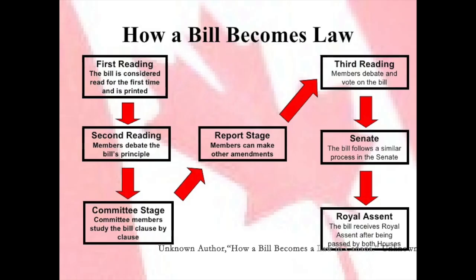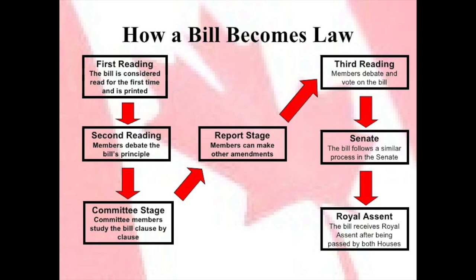As reported by courthouse libraries, in order for a bill or a policy to be officially introduced as a law, it is usually introduced in the House of Commons. After it passes the House of Commons through two readings, it is sent to the committee to be reviewed. In the committee, members study the bill clause by clause and make amendments. The committee then sends a report with recommendations for a third reading to finalize the bill. This bill is now reviewed by the Senate through a similar process.